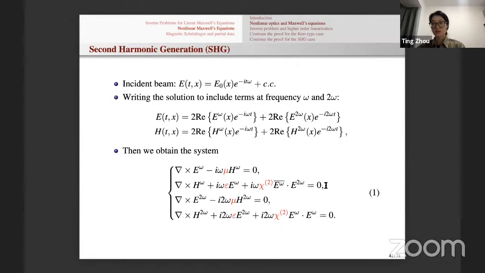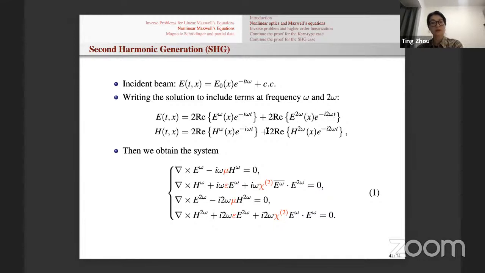Before I talk about the proof of showing the uniqueness, let me also mention what happens for the second harmonic generation. It's slightly more complicated than the Kerr type, meaning that you do have double frequency waves generated because of this doubling, second harmonic generation, like two photons of the same frequency omega generating a photon with 2 omega frequency. So you should look at the solution with two terms, one involving time harmonic waves for frequency omega, the